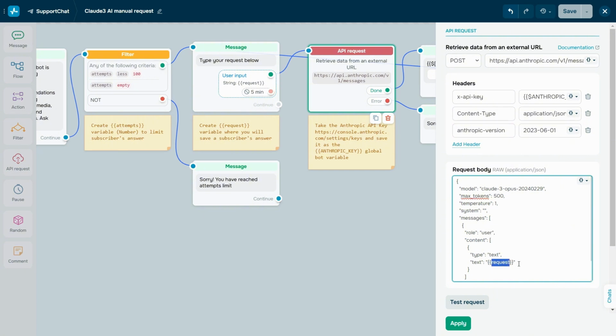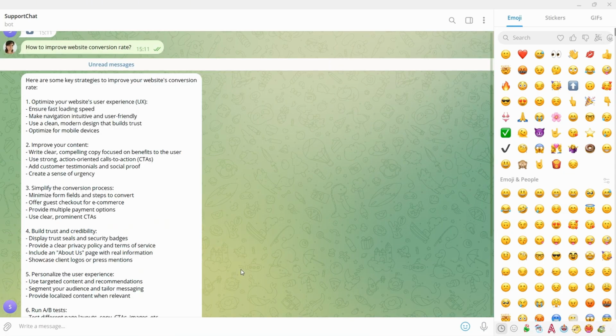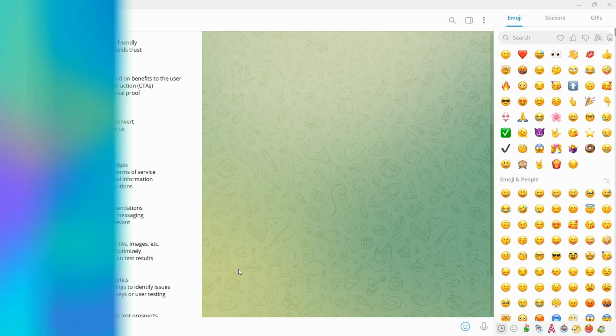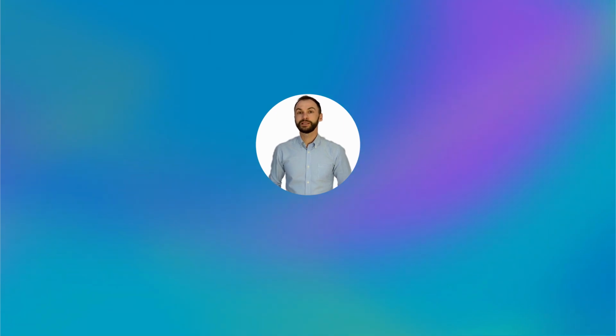You can also add top-level instructions to customize the model's behavior when generating responses to user messages by adding context for the system role. Apply the changes and test your flow. To sum it up, manual user requests in your chatbot are processed by the language model based on request context. Previous messages won't be saved. A user decides what information to provide to the model as a response context. You can also limit response topics and customize your bot's behavior by setting up instructions.